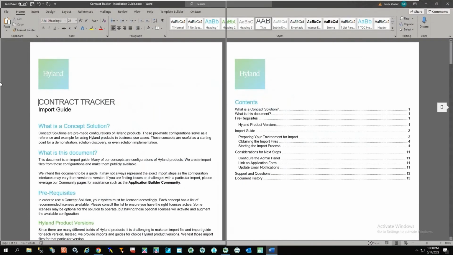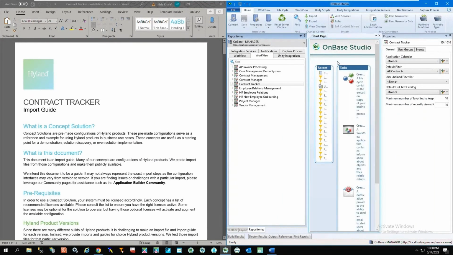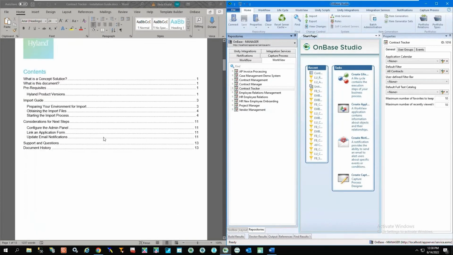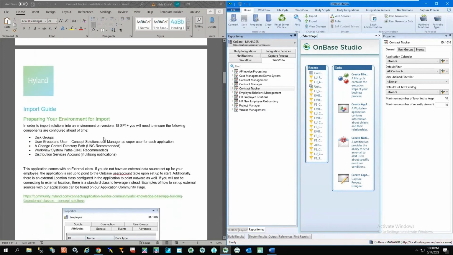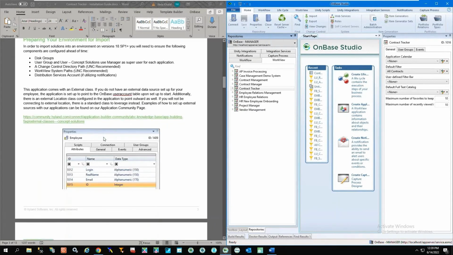And we'll create a little split screen here, with the import guide on one side and Studio on the other, just to follow the directions side by side. If I start scrolling through here, you'll first see a little bit of details regarding preparing your environment before you import this into your system.